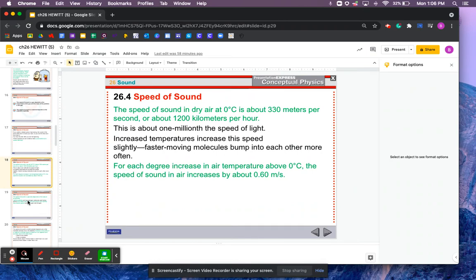That's crazy, right? If you increase the temperature, you're going to increase the speed of sound. And that makes sense, right? Because it's all those molecules bumping into each other. When we talked about heat, we learned that when there's an increase in temperature, the kinetic energy of the molecules increases, so they're moving faster. And if those molecules are moving faster, then it's easier for them to bump into each other.